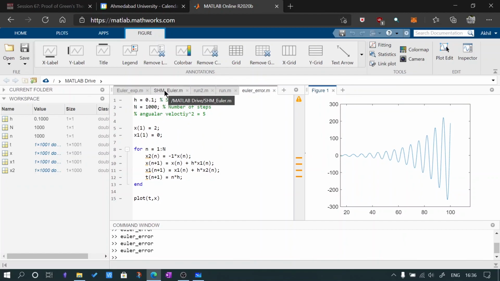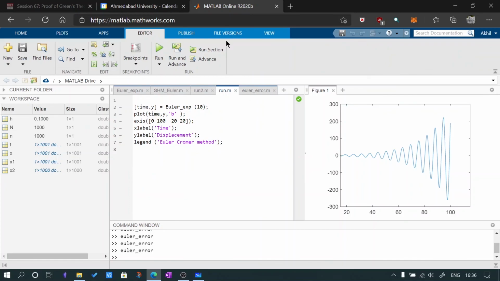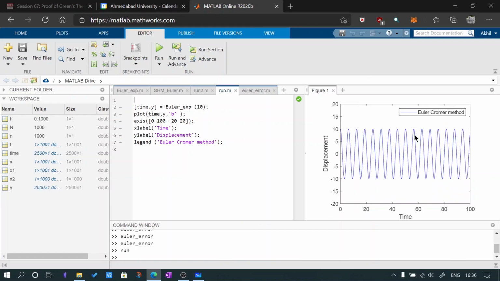So this is the true value, the true nature of the SHM graph, and this looks like this. So as you can see, numerical methods help us solve such equations, and so for every given data point, the computer has solved this for us. This could also have been done by hand, but the method is more important. So there are several better methods. Like this method is the Euler-Cromer method, which was used to solve this graph.